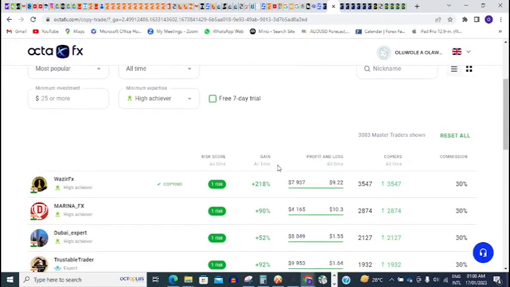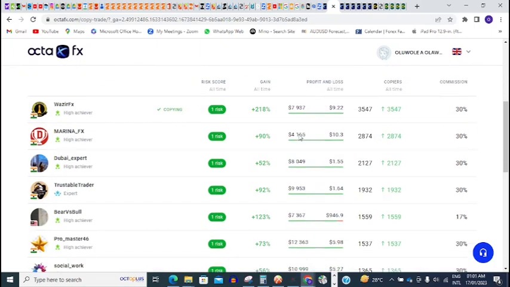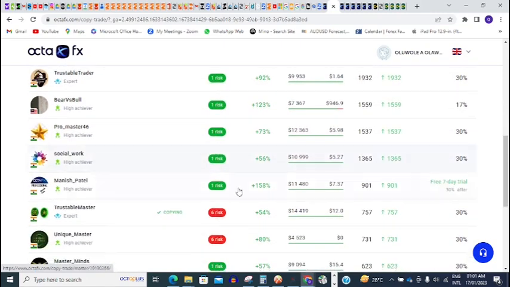Yeah, I just quickly want to update you on the trade that I copied. I'll show you the one I copied on OctaFX, and I'll show you the one I also copied on FXTM. From what I found out, I think this risk score is not very reliable because the guy that I